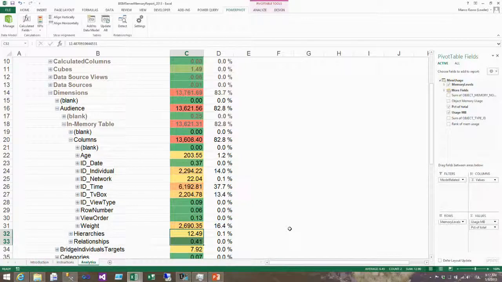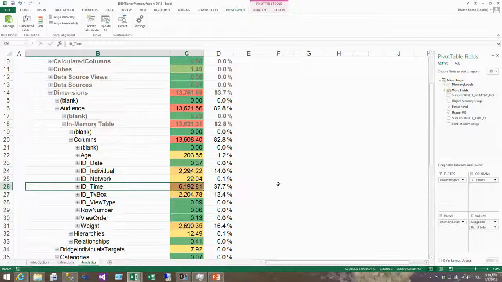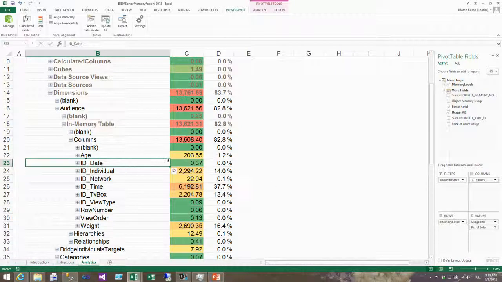So in this case, we already did our job. We already made our optimization, lowering the amount of RAM used by these objects. But as you can see, the fact table I have here has 4 billion rows. However, even if I have 4 billion rows for all the columns, the size of each column is different because of the compression, because of the dictionary, because of the distribution of data. ID time is a column that requires 7 gigabytes of RAM, whereas the ID date has less than 1 megabyte.